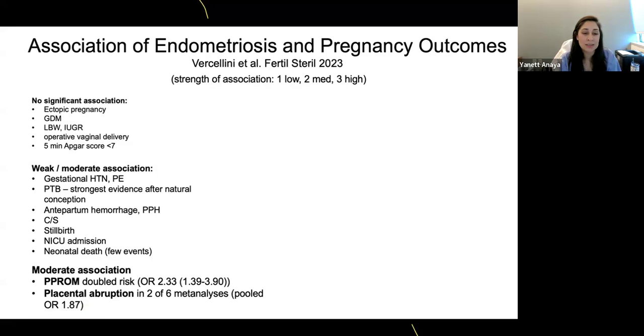As far as a moderate association, there seems to be an increased risk of premature rupture of membranes. As you can see from the odds ratio there, it seems to be an increased risk that is almost doubled. And the other thing that we'll see is an increase of placental abruption, which is where the placenta comes off the